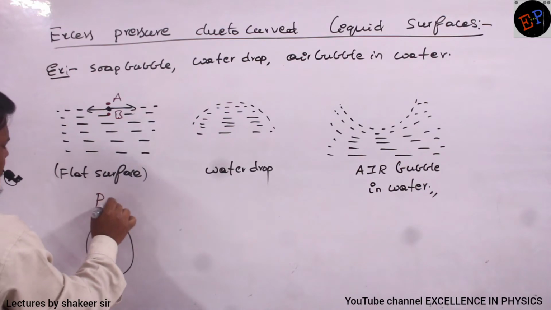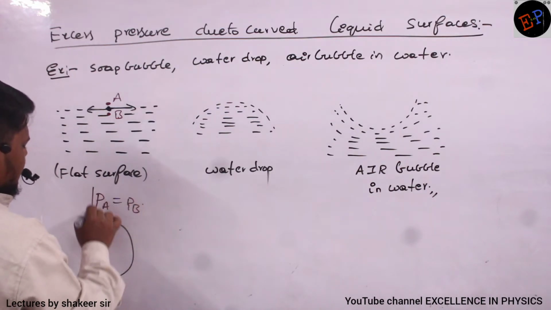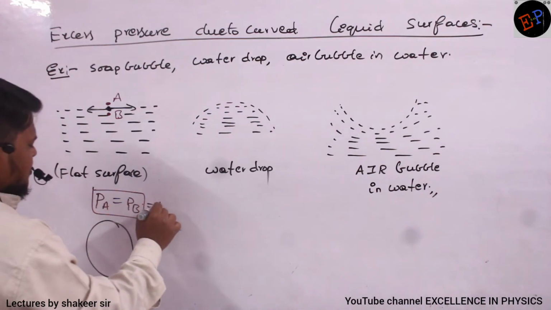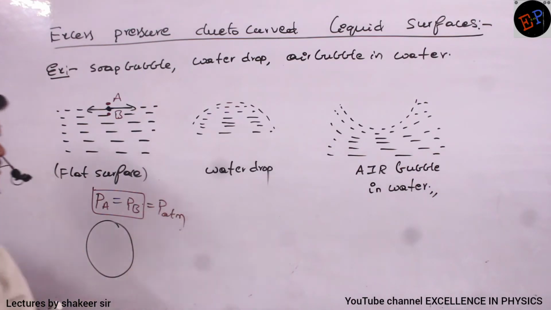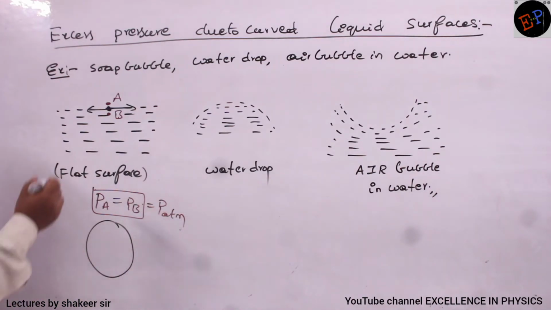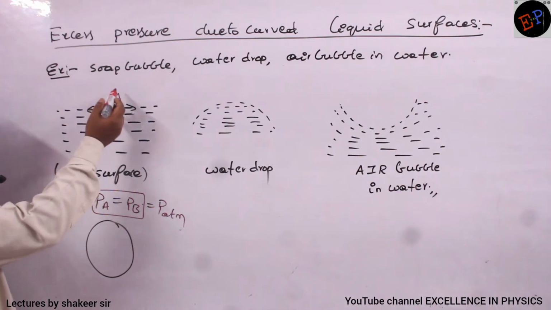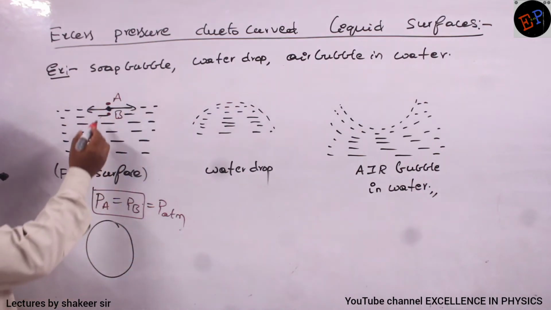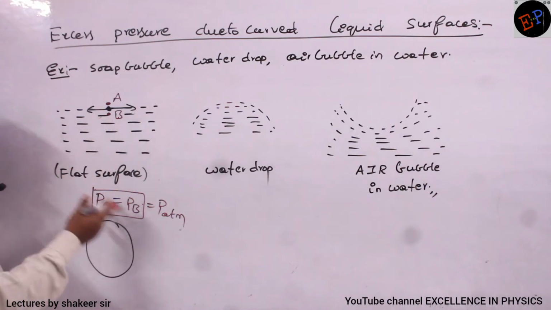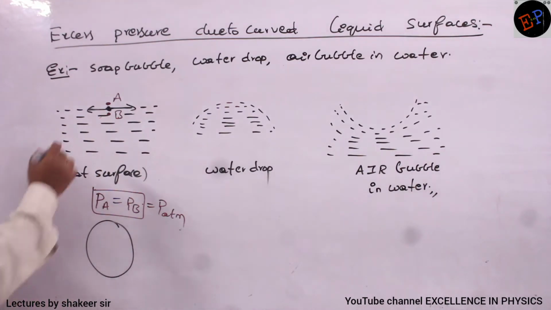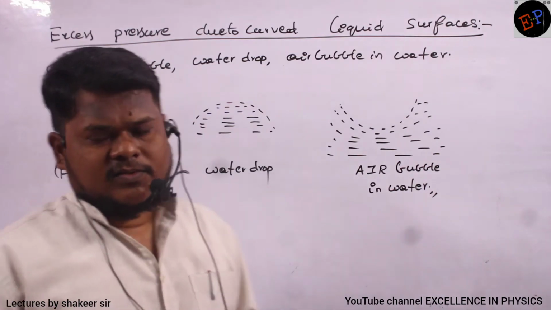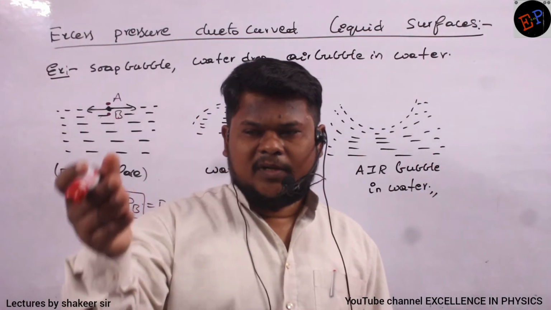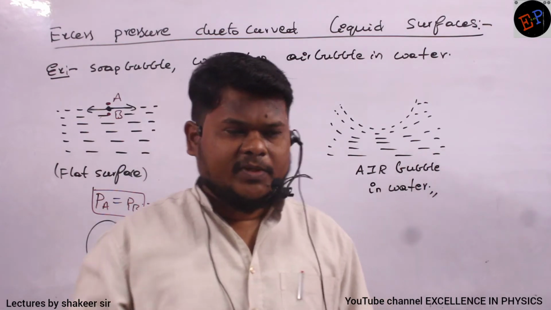Then almost I can say that pressure at point A must be equal to pressure at point B. And what are those two pressures? They are nothing but atmospheric pressures. That's all, no? So at point A, which pressure is acting? Atmospheric pressure. And everywhere in the liquid also atmospheric pressure will be acting, no? So at point B also, which pressure will be acting? Atmospheric pressure only. Because height of the liquid column is almost zero, no? Height of the liquid column is not there. So I am taking only one molecule. Above the molecule, below the molecule, pressure remains the same.